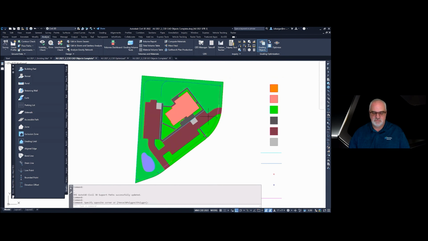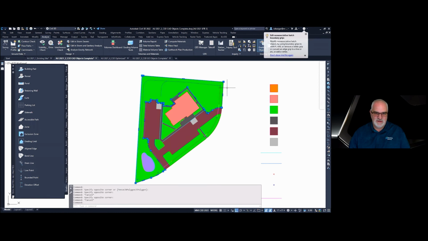Just everything's 2D. The reason I like to work with hatch is it's an easy way to see what areas I'm covering versus selecting the polyline, where it's not as clear. If I didn't have that hatch on, you would see that it's a boundary, but you can use either one to define things.